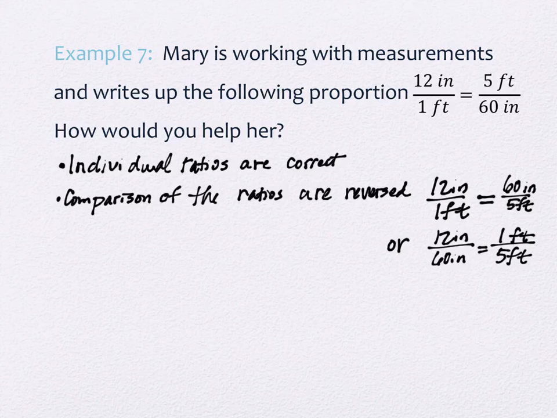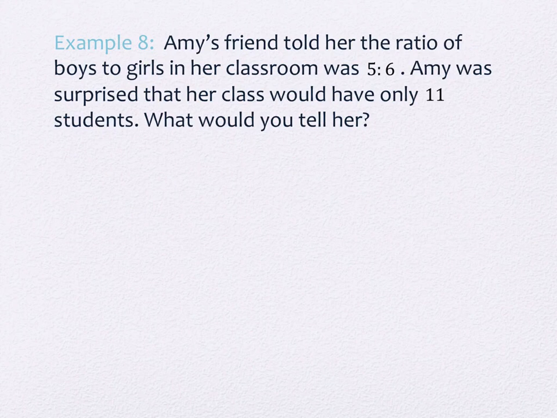Okay, one more question in this section we're going to look at. Amy. Amy's friends told her that the ratio of boys to girls in her classroom was 5 to 6. Amy was surprised that her class would have only 11 students. What would you tell her? You look like you want to say something, Annika. It could also have 22 or 33. Okay, so